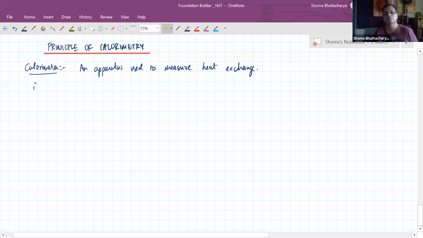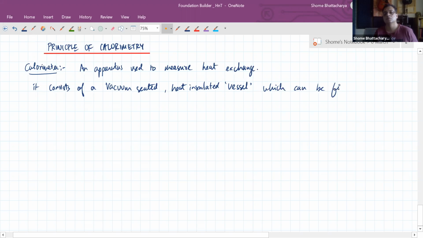So, it consists of a vacuum sealed heat insulated vessel, okay, which can be filled with different materials at different temperatures,